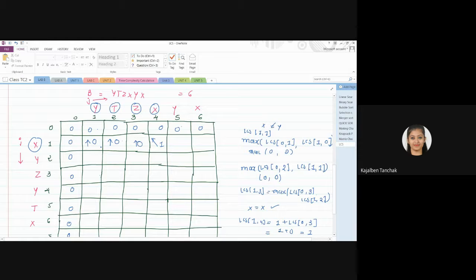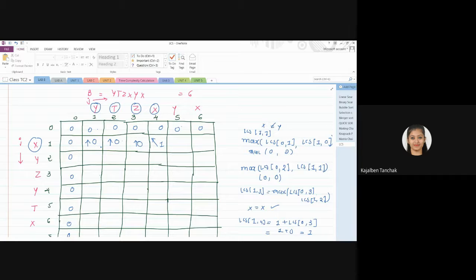Right? So when characters are matching, you have to use a cross arrow. When characters are not matching, we are having two values. One is up, one is left hand side. So whenever the characters are not matching, we will compare upper and left hand side cell value. Whichever is the maximum, we will take that arrow. But if both the values are same, then you have to always use an up arrow.